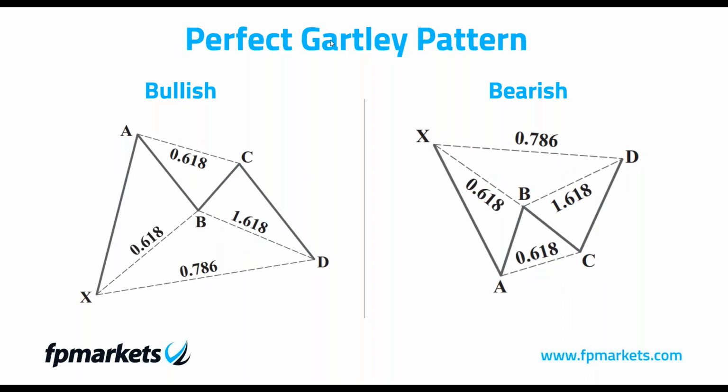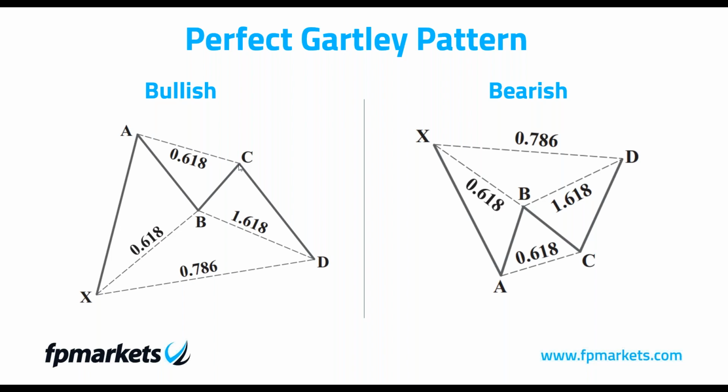Many traders I know do look for the perfect Gartley pattern to navigate the charts. They prefer to wait for this, as it tends to have a higher probability according to their analysis. The perfect Gartley pattern is again a little more simplistic. We again look for a B point retracement at 61.8%, taken from X to A, and the difference here is that the B to C pullback, or the retracement, has to be a